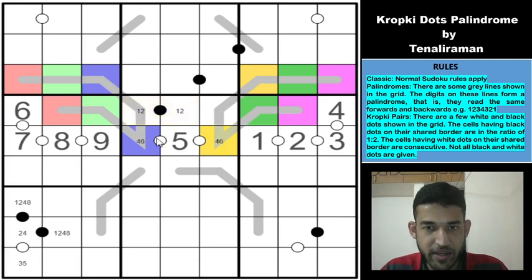And we can replicate these yellow and blue cells to their corresponding cells at the other end of the palindrome. So this will be 4, 6 and this will be 4, 6. And because of the 4, 6 here, same thing as here, this will be 1 and 2. Can't be 2, 4, can't be 4, 8, can't be 3, 6. So it will be 1 and 2.